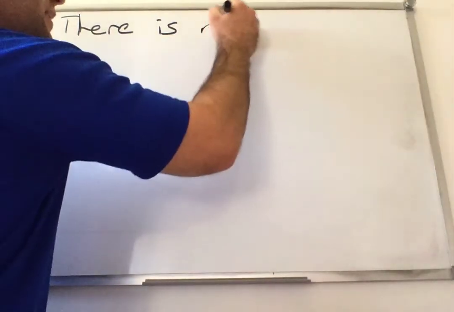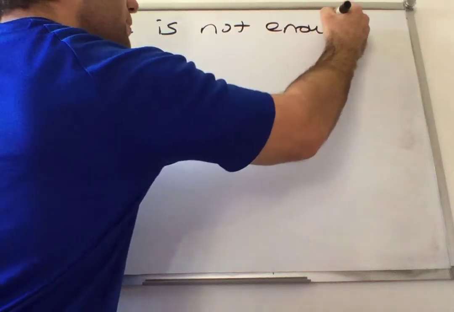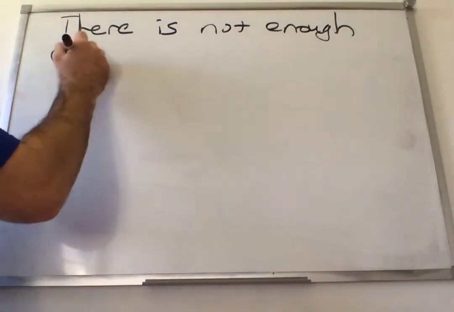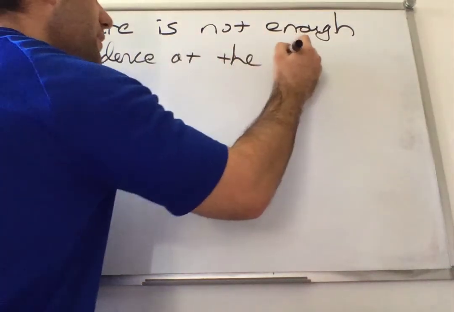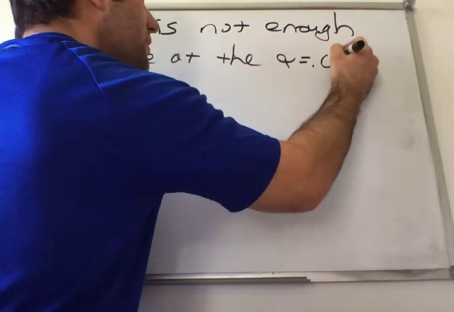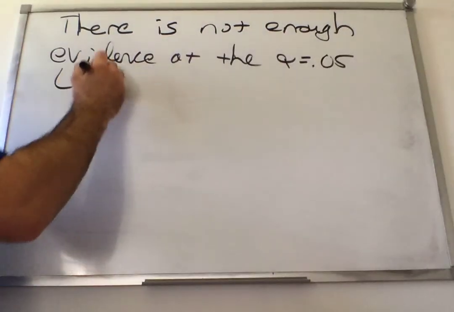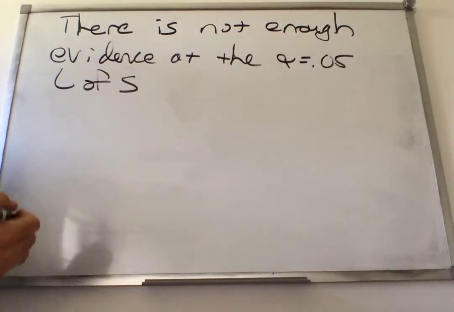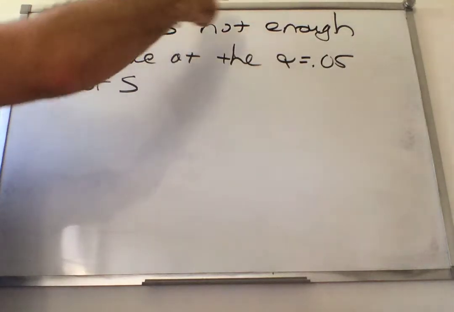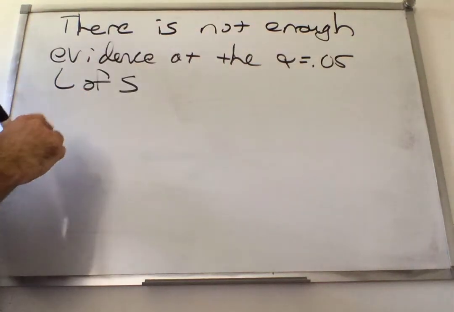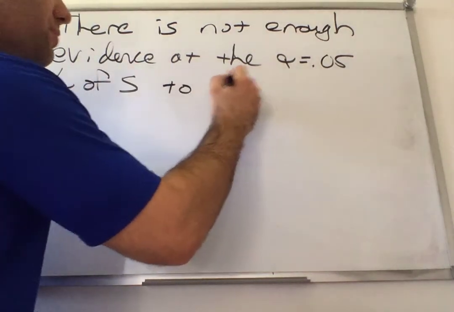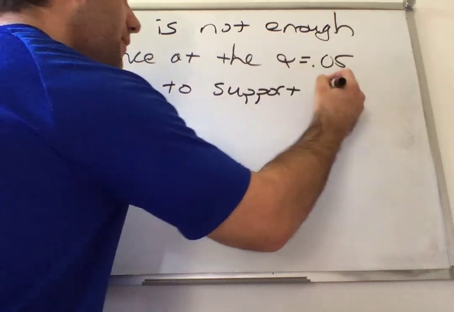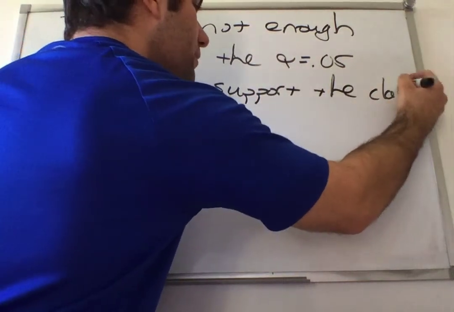So there is not enough evidence at the alpha is equal to 0.05 level of significance, LOS. I'm just shortening it so I don't have to keep writing it. So there is not enough evidence at the alpha equals 0.05 level of significance to support the claim